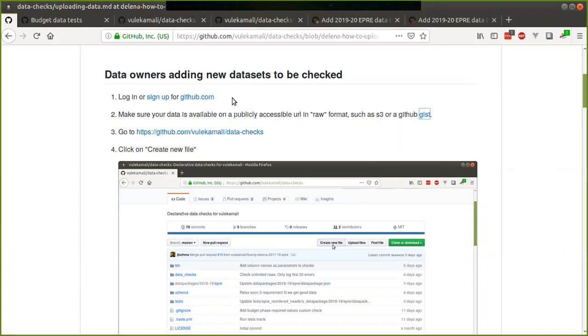I've already signed up for GitHub, but you can go to github.com and click on the sign up button on the top right. The second step would be to make sure that your data is available on a publicly accessible